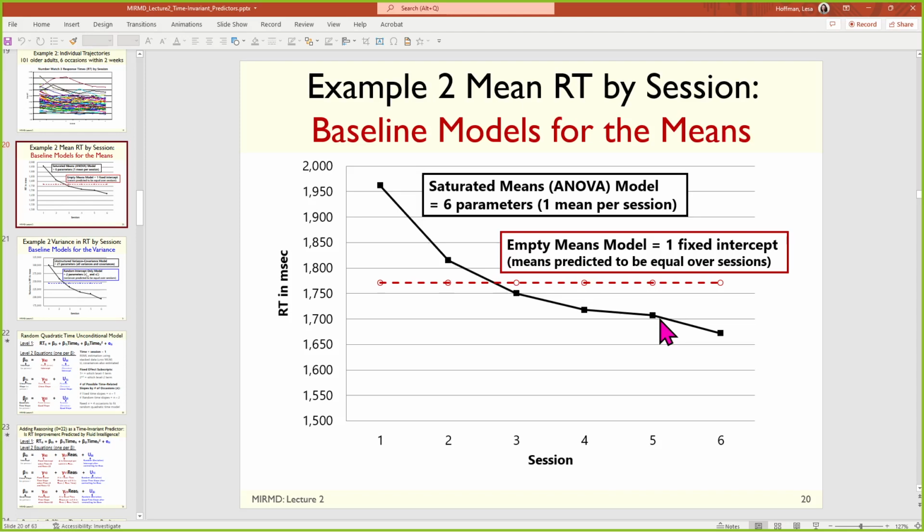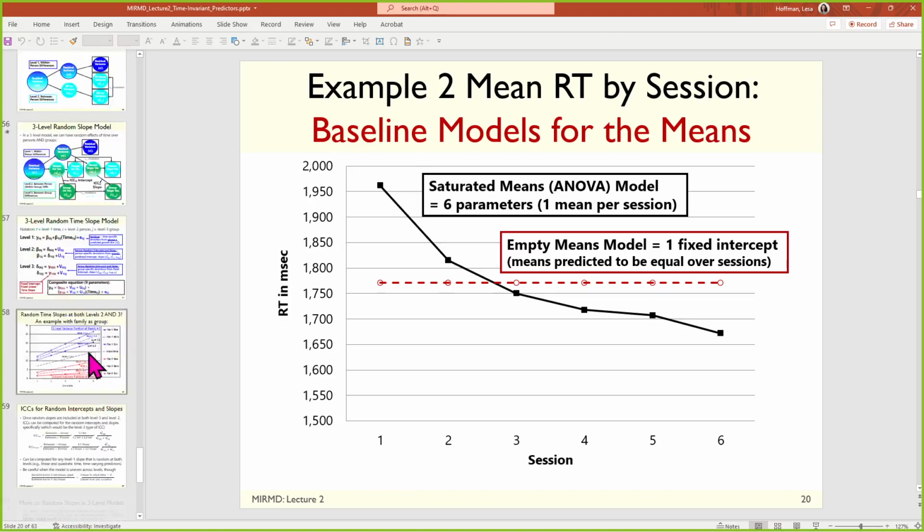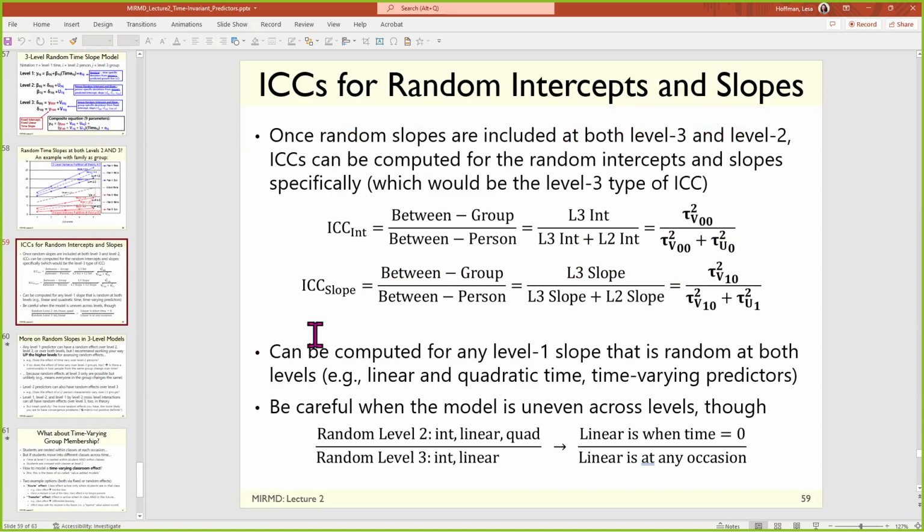Yes, sir. Okay, but this is in slide 59. I think that yesterday we didn't talk about this. Slide 59. Yeah, we did not get to the group stuff yesterday. And I would like to know why we are subtracting between minus group. We are not. That is what happens when you try to write text where there's a dash in the equation editor. It's not a minus sign. It's meant to be a regular dash for between group and between person. Okay. Yeah, that's just bad formatting for whatever reason. I gave up trying to fix it at some point.